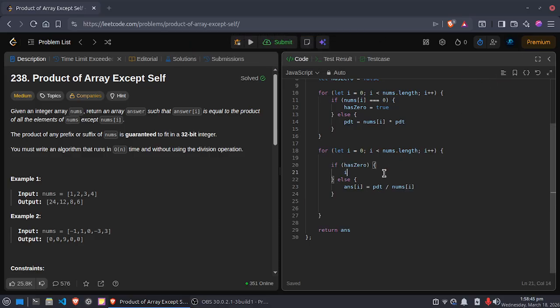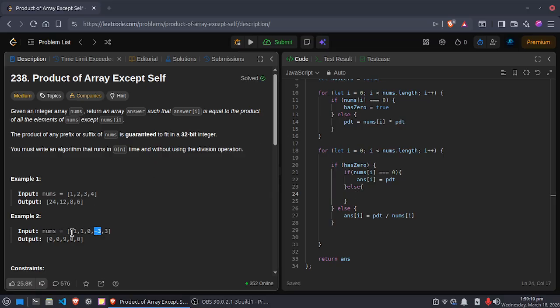Else if there is a 0, we check if nums of i is equal to 0, then we replace answer of i with the product. Else if nums of i is not equal to 0, meaning there is a single 0,